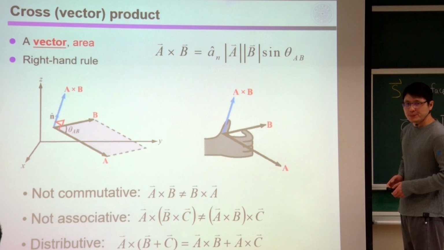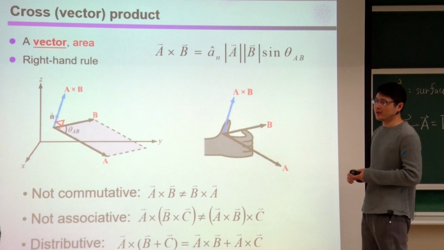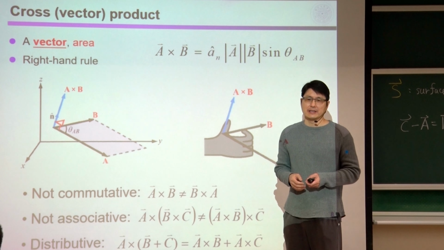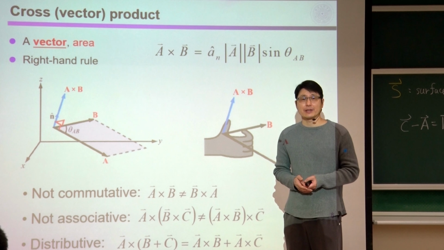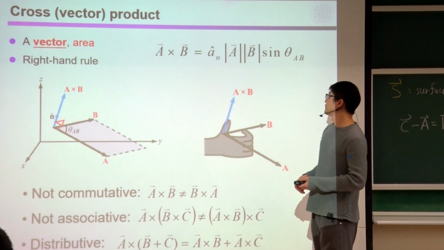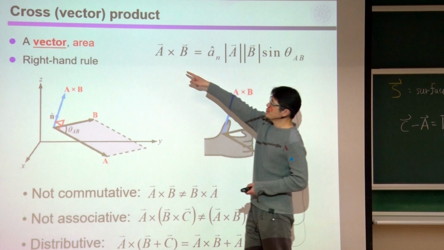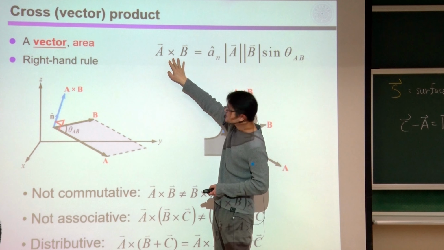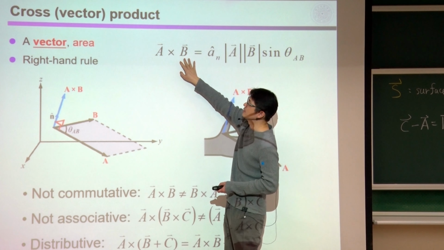Let's come to the cross product. But usually cross product, you don't have a good feeling about it. The calculation is more complicated. So when you have two vectors and you want to perform the cross product,